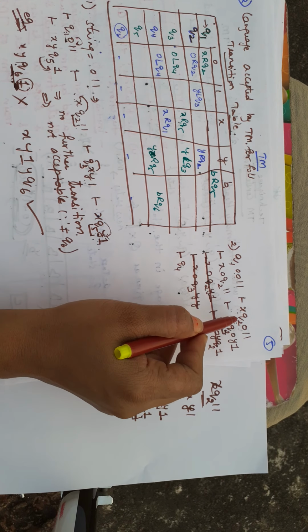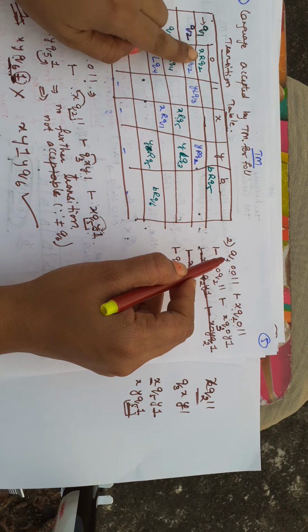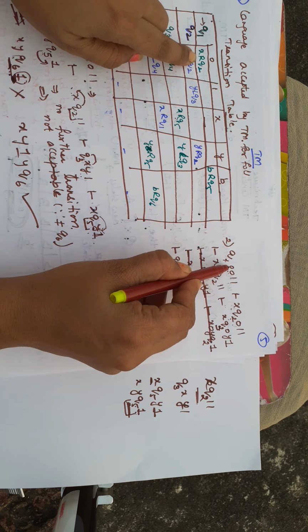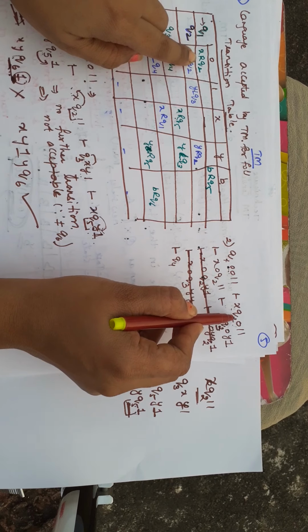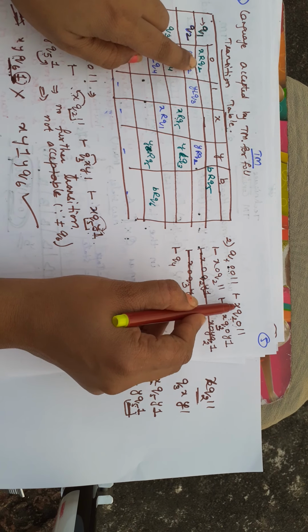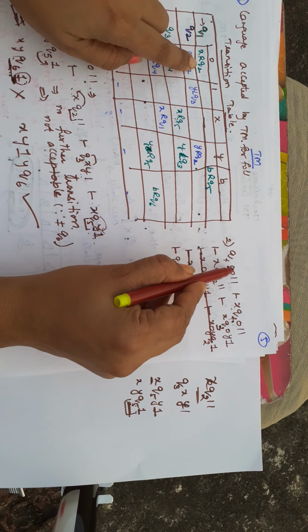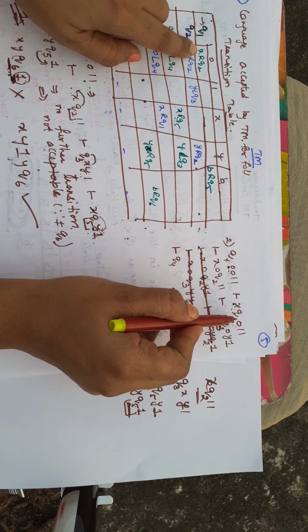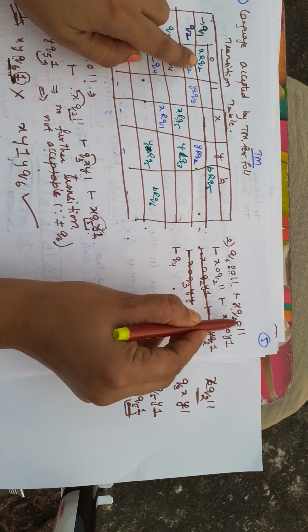x q2 0 1 1. So q1 0, q1 0 we have, so on the right side, q1 will jump over the first 0. And q1 is changed to q2, so after jumping this is changed to q2, and this 0 should be replaced with x. That's what we are doing: x q2, and the remaining 0 1 1 is written as it is.